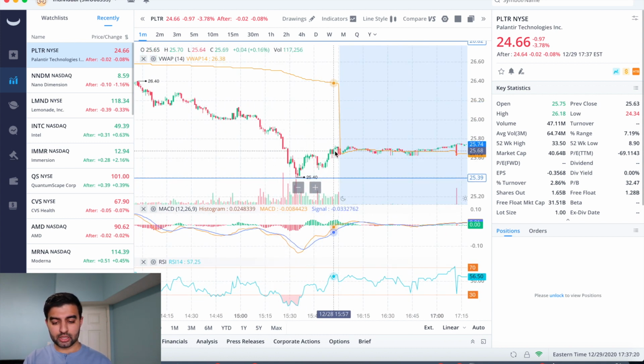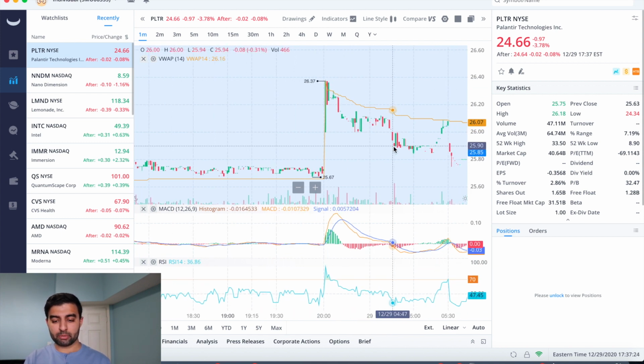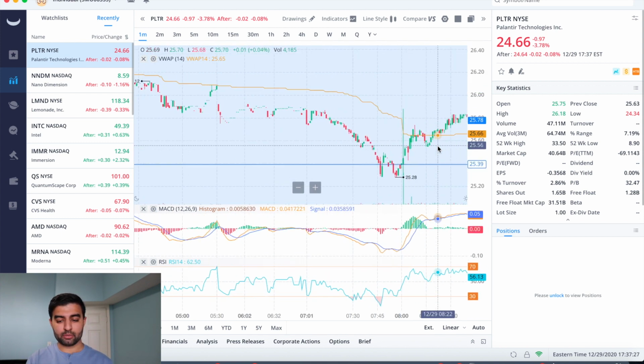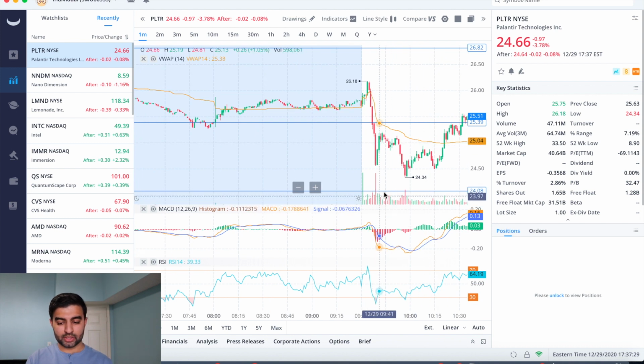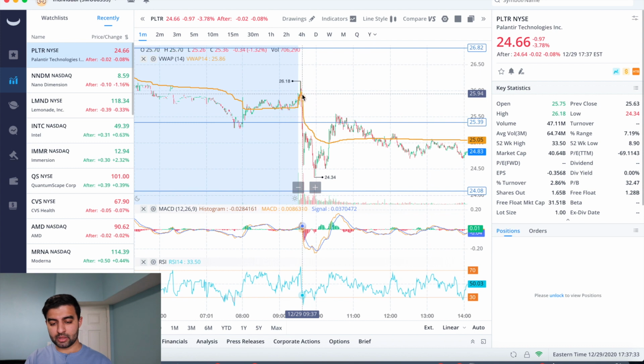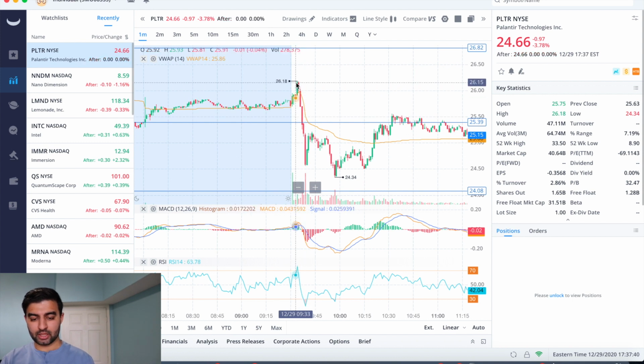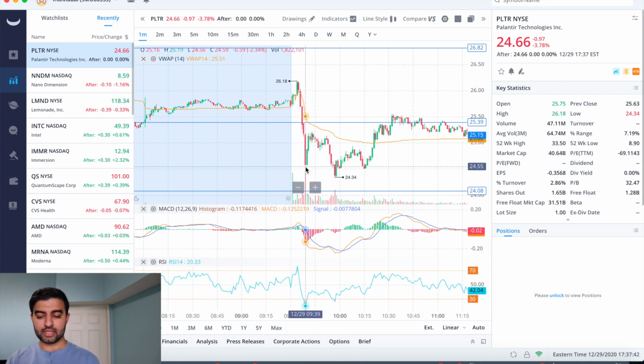So what we see was, let's go back to where we closed yesterday. We closed in the low 25s. And then we saw a little bit of a push up pre-market that faded pretty fast. We bounced off of this level that we've got right here in the 25.39s, and then pushed up. So as we could see, made a high of 26.18 for the day, and then we got a pretty nasty looking selling off from 26.18 to the mid 24s,